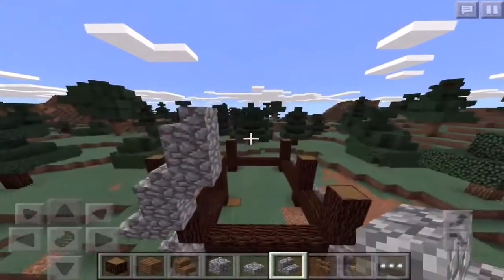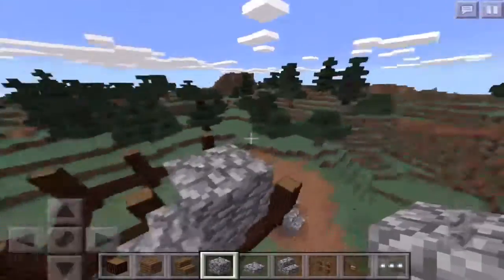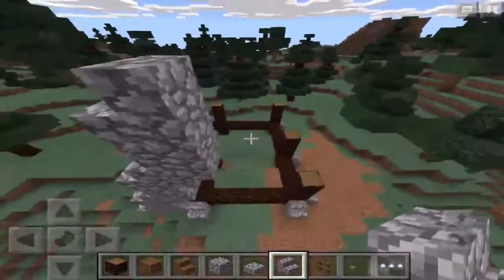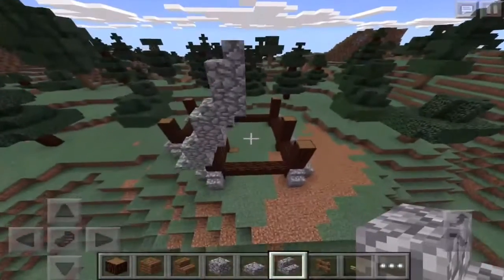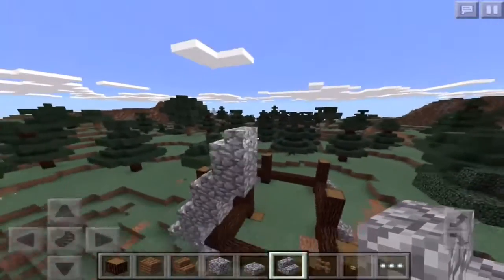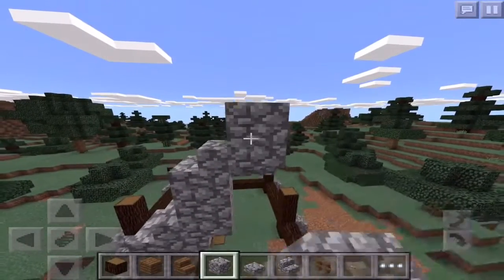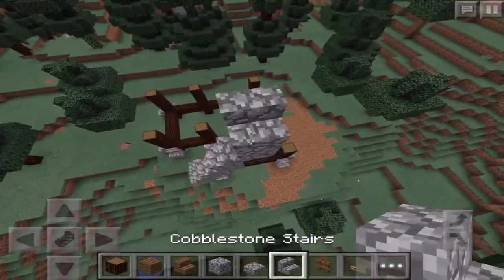So yeah, there we go guys, and we're just gonna repeat that at the front until we get to the middle part, and this is kind of gonna make our roof look really tall. And then once you get to where the middle is, instead of placing an upside down stair, you place it upside down but facing this direction. And then you place a cobblestone block on top of that,